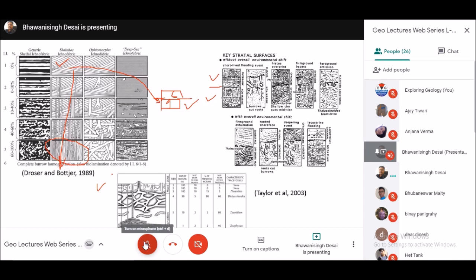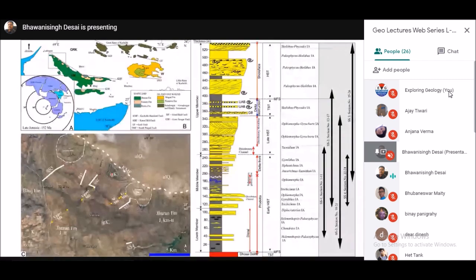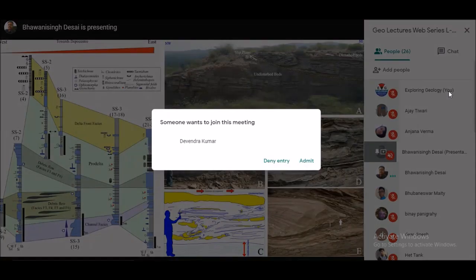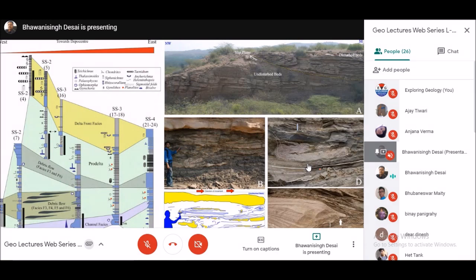It has a peculiar black, dark color shale, which is extensive. This is a kind of source rock. Now, many scientists have worked on this, and when they mapped it, they found a lot of this kind of soft sedimentary deformation structure in the sedimentary environment. And based on the sedimentary environment, they tried to interpret that this can be a deep sea submarine fan.